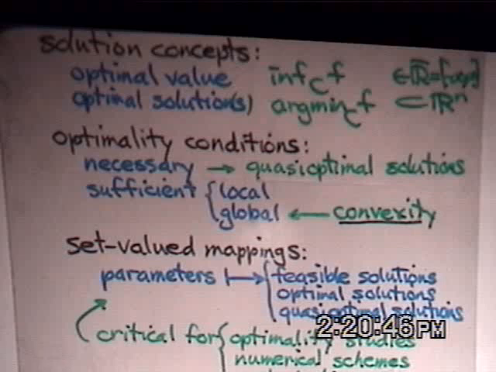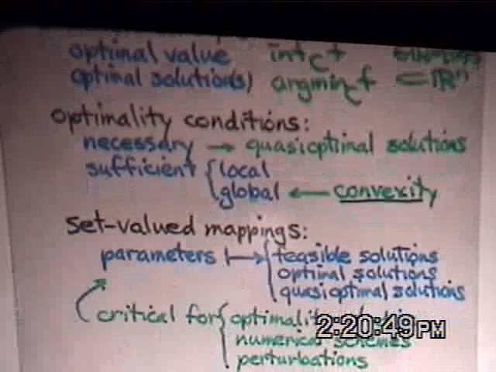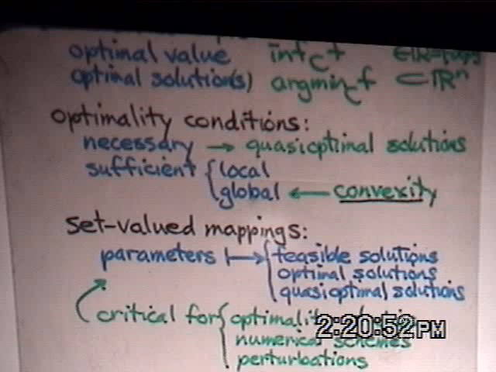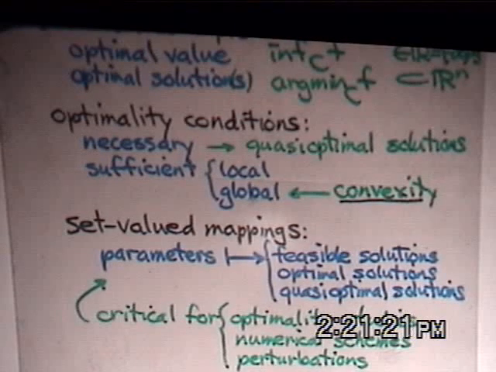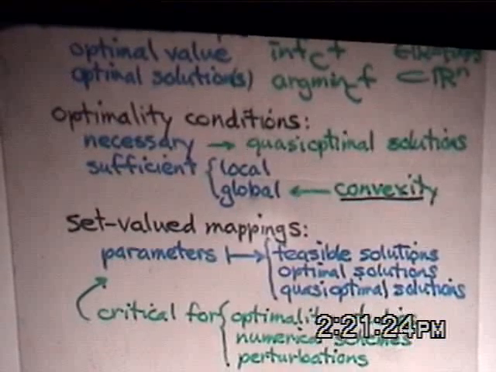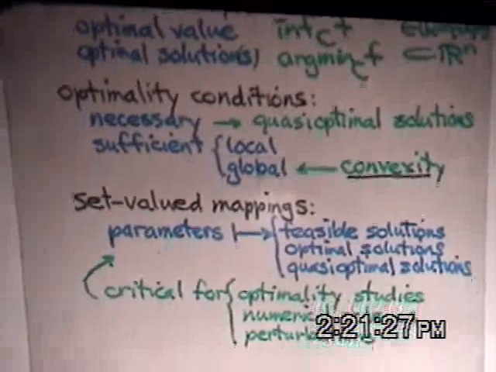So we have several concepts of solutions: feasible solutions, optimal solutions, quasi-optimal solutions, and in each case, they could be a set. The feasible solutions are inevitably a set, but the others could be a set of things. And now, any problem depends on some parameters. So if you want to look at these solution sets as how they depend on parameters, you must talk about a set-valued mapping. And of course, there are many ideas that come up. What are the continuity concepts that are appropriate, or semi-continuity? Can you, in some sense, differentiate a set-valued mapping, semi-differentiate, whatever it is?